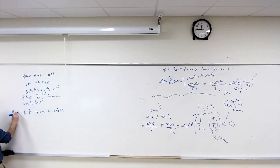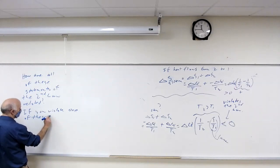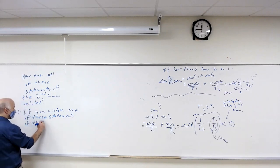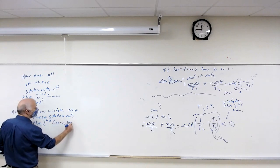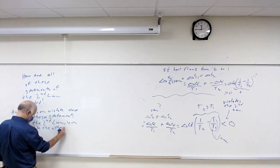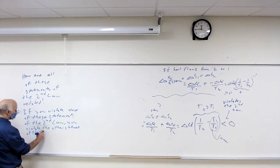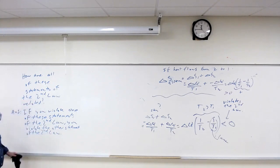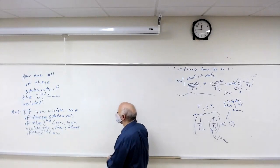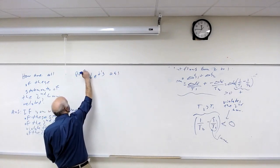here's the answer. If you violate one of these statements of the second law, you violate the other statements of the second law. We're going to have basically similar proofs, so let's see how we can do it. So here's a proof. Let's assume